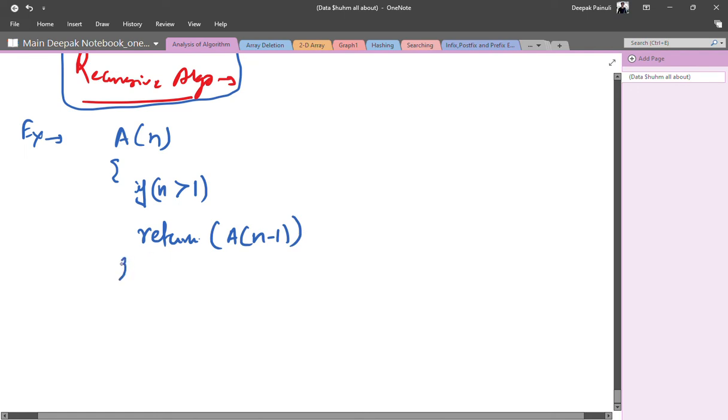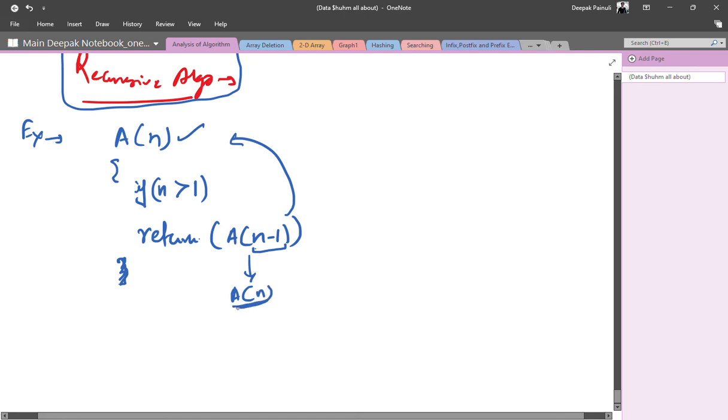Now you can check that this function is calling itself again, right? In the return statement this function is calling itself again, but the difference is that in place of n you have n minus 1. So it is a similar kind of function like A(n).